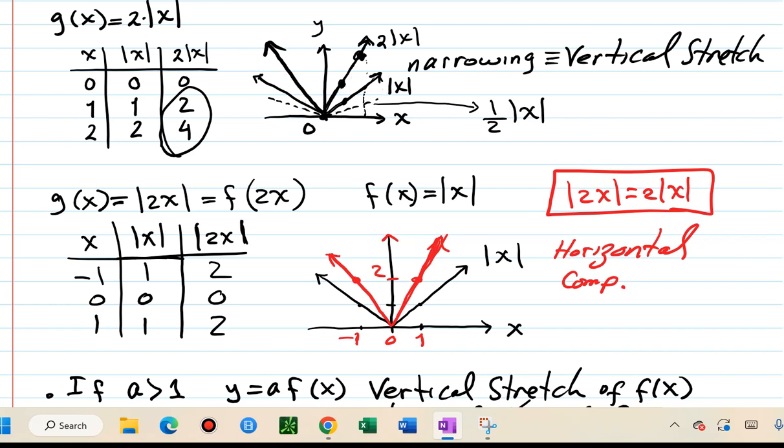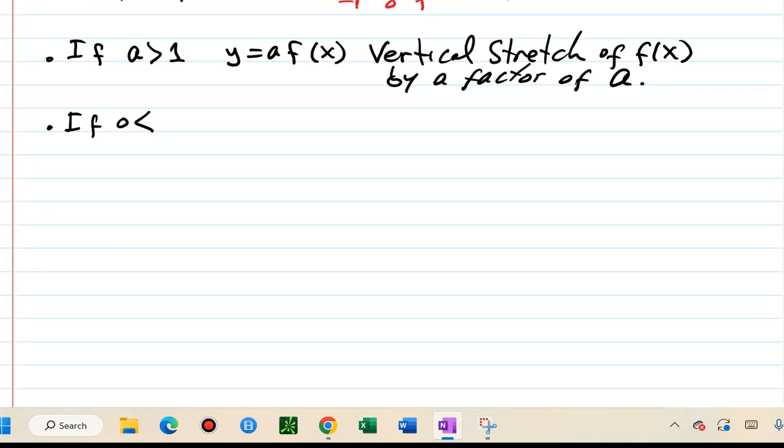So in fact, instead of narrowing, now we have a widening effect. Okay, that widening effect is formally known as a compression, a vertical compression. So if a is between 0 and 1, then y equal a f of x. This is going to be a vertical compression,